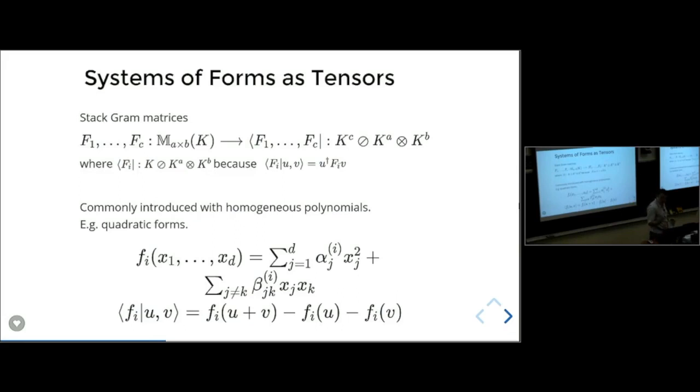And another way that's a little bit more sophisticated and can really throw you when you first start seeing these is that many people don't actually even want a matrix anymore. They talk about something like a quadratic form or a cubic form or something like this. And it's just a polynomial in homogeneous variables, right? Homogeneous just means the same number of variables in each term, indeterminates. So here's an x squared and here's an x_j x_k. That kind of system does not look immediately like a tensor, but I claim it is because what we're hiding in our heads is to do this polarization